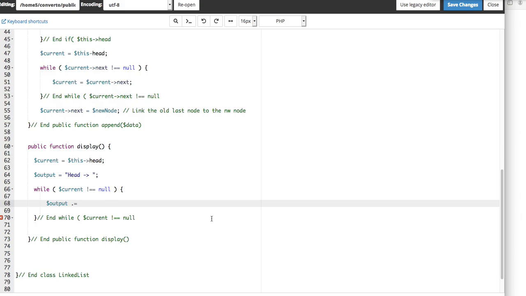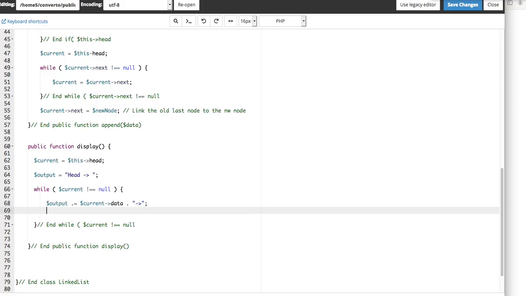Depends on what you want. So if you did that, you say, well, I want the current data, and then of course we're going to add this. And then we'll create another one. We're going to say $output